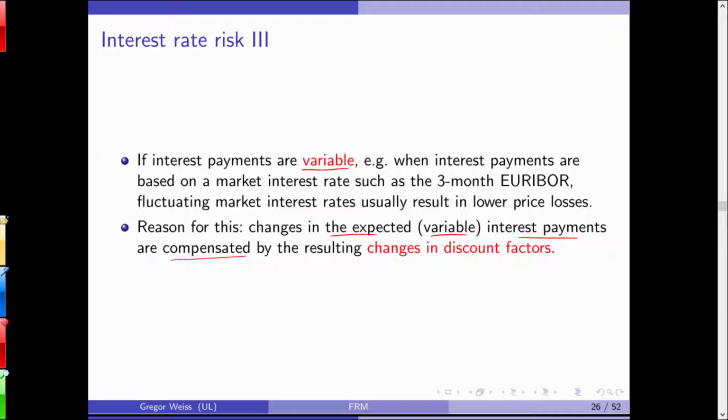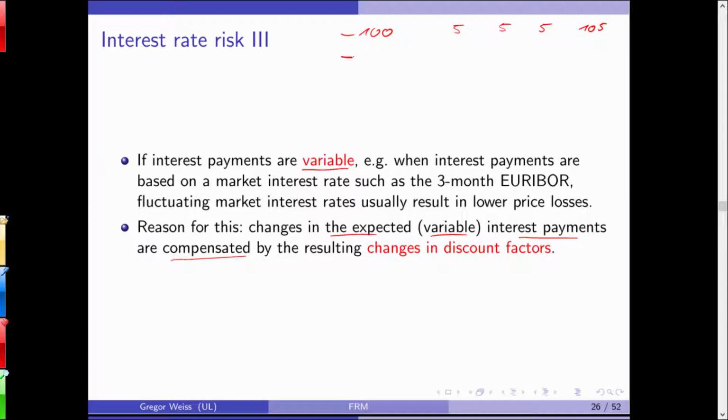discount factors. Actually, this is why it's quite simple to estimate and to calculate the arbitrage-free price, the fair price, of a so-called floater. Do you know what a floater is, or a floating rate note, an FRN? You know what a coupon bond is. A coupon bond is a bond, so a securitized loan that, for example, on a notional value of 100 pays out 5, 5, and 105.